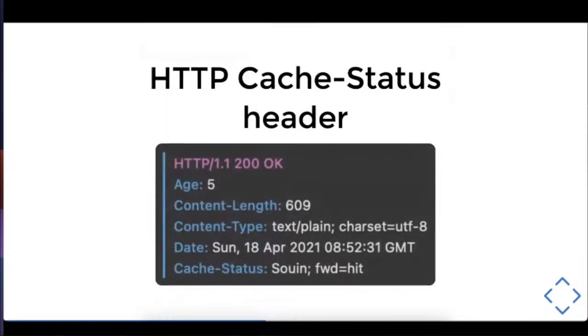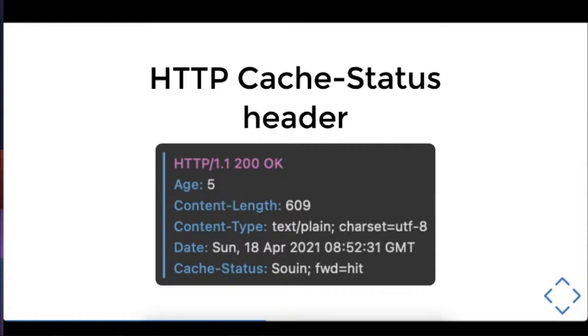So it supports the HTTP Cache-Status header. What is the Cache-Status header? It's the new RFC property. Previously it was X-From-Cache, and here you can tell the cache is served by your provider, here Swan, and you tell if the cache was a hit, miss, pass, or anything else, and that's the RFC compliancy.